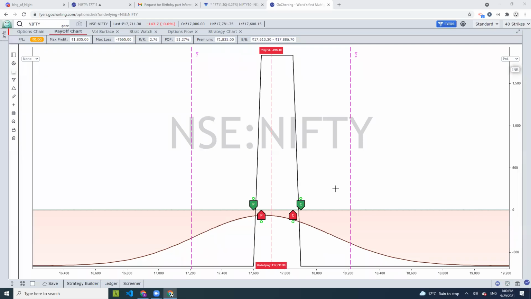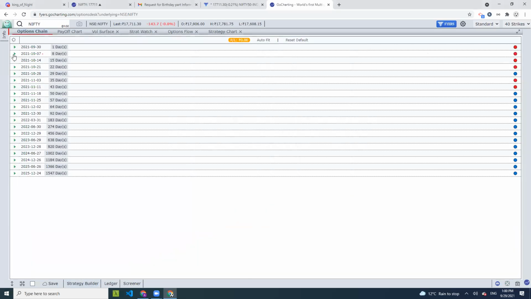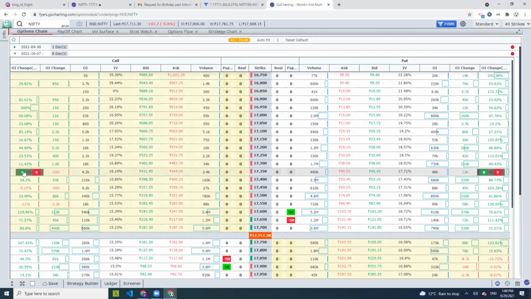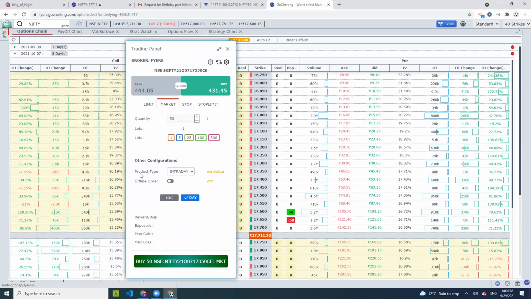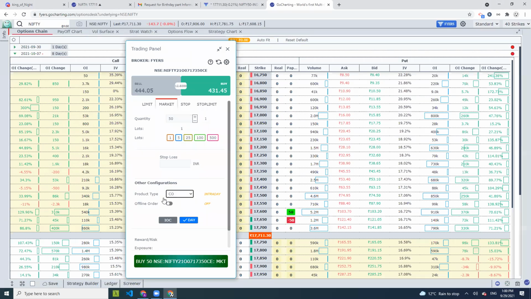How to put a stop loss? The stop loss is something that you put before you place an order. In the paper position, you have already taken the order. Let me go to the option chain. When you put a direct trade through FYERS, it gives you the option. By default, it will be intraday, guys. If you choose CO or BO, it will give you the option to put a stop loss or a bracket order, which will give you the ability to place a take profit or a stop loss.